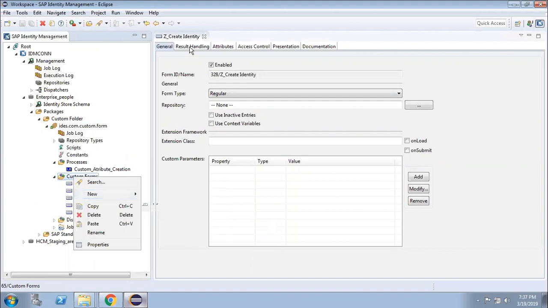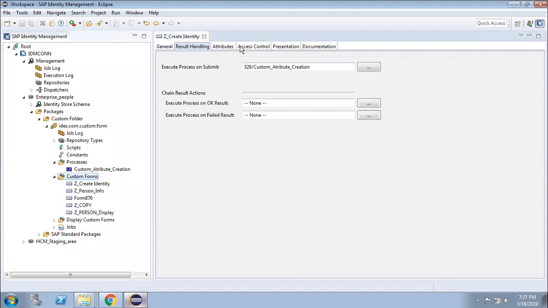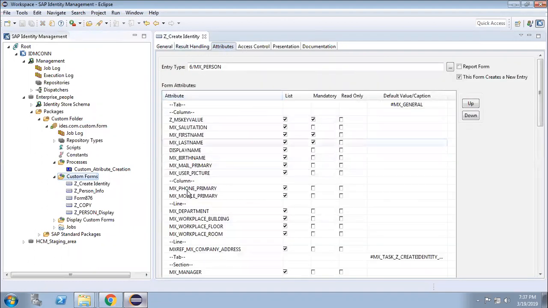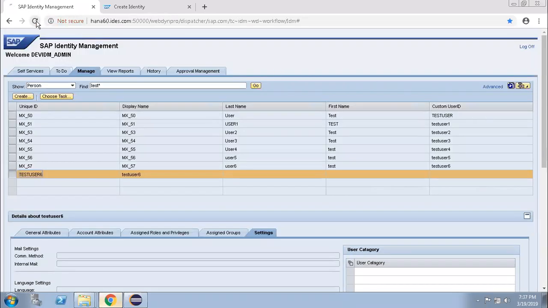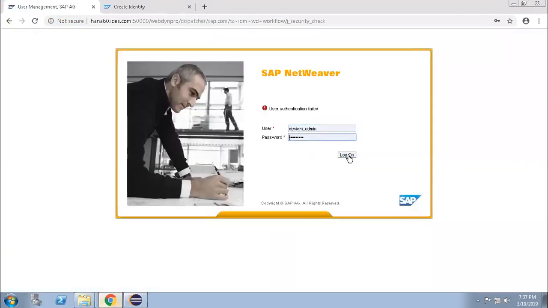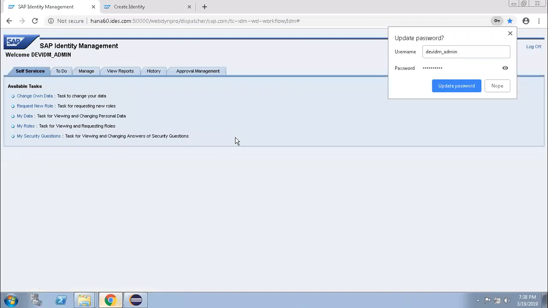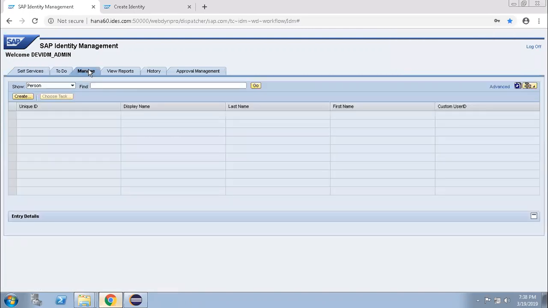Now, in the form, we have seen how we can customize our screen, how we can customize the screen for the user creations.